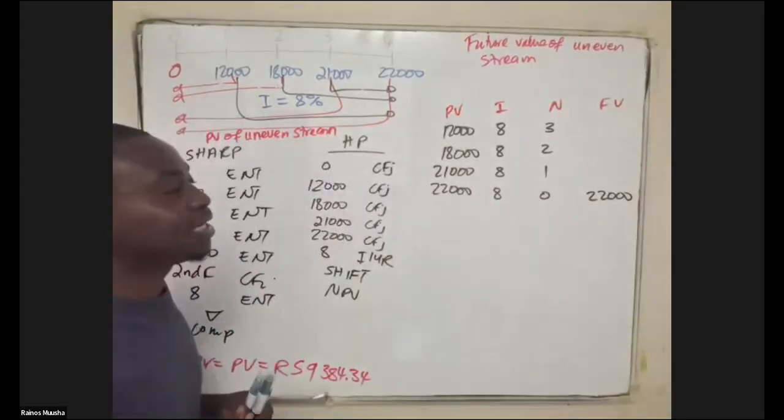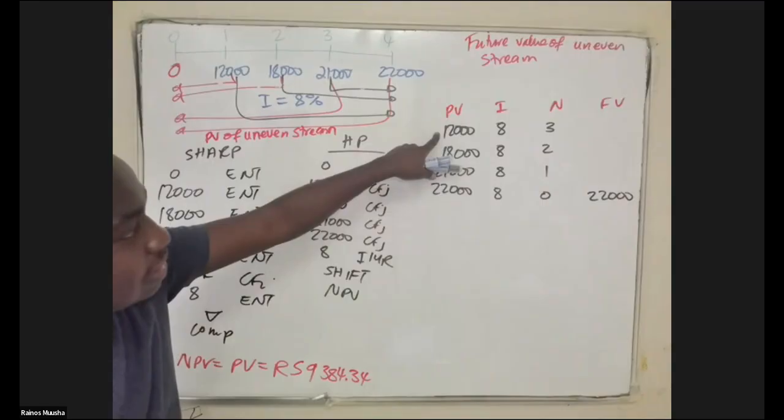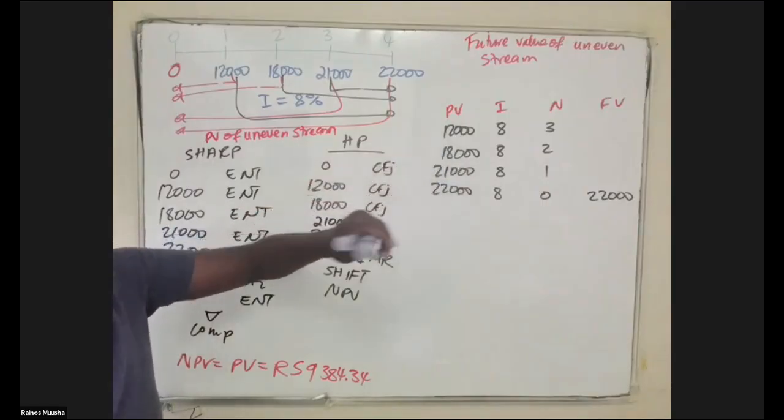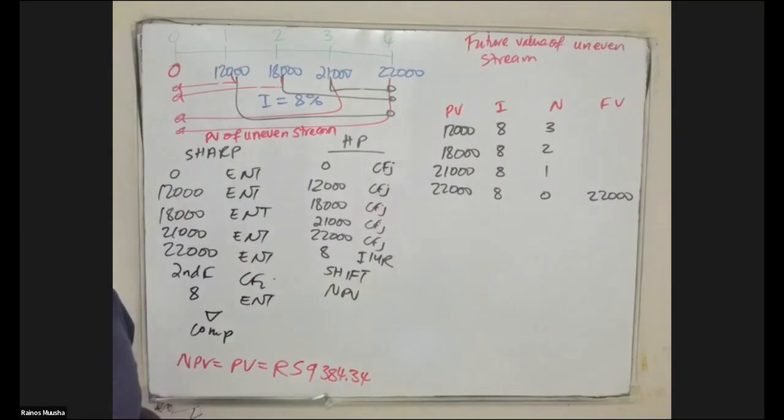But now we need to find out exactly what is the future value of each of these individually. Then the sum of these individual future values would give you the future value of an uneven stream of cash flows. So if you do the calculations, you'll see that your future values would be